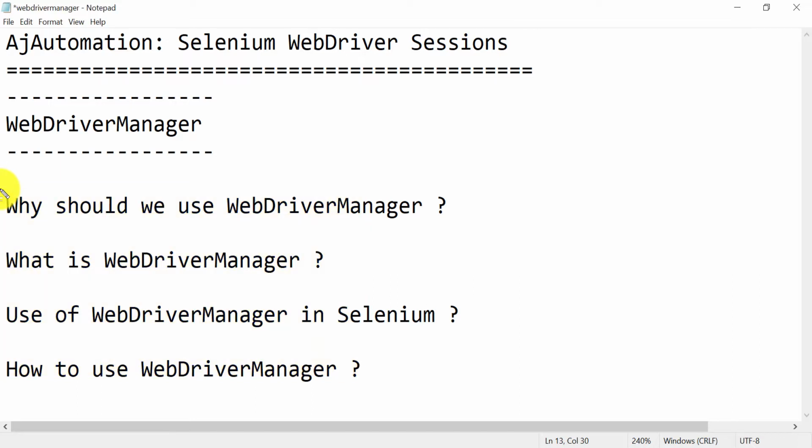As always, our first priority is to learn why WebDriver Manager is required in Selenium WebDriver, and once you understand why it is required, how to use it will become very easy to understand. Just a suggestion for people who have just started learning automation: when you are learning anything that is new to you, always concentrate on the why part first.